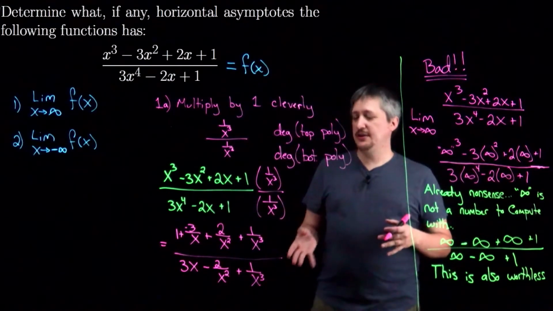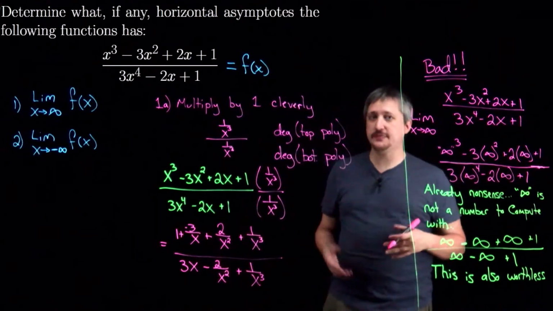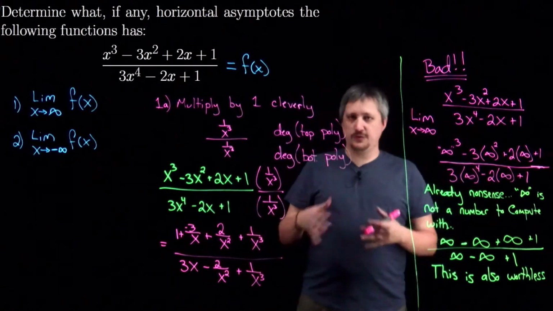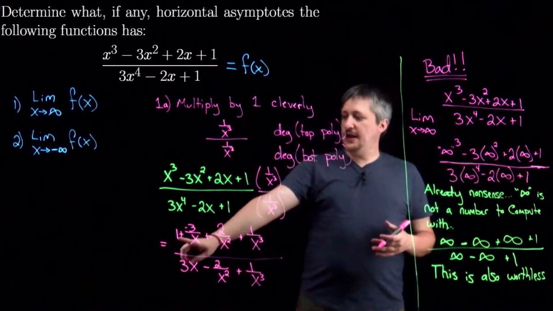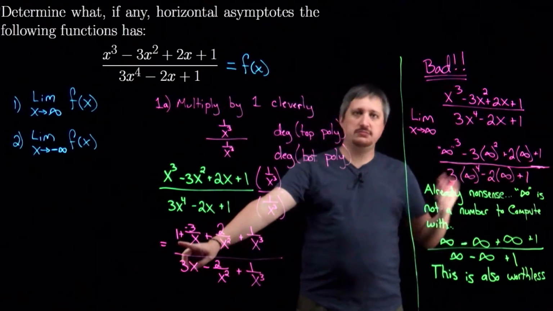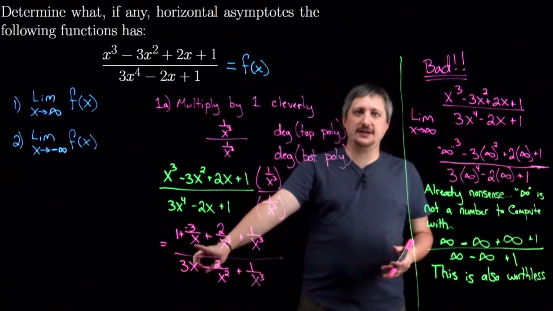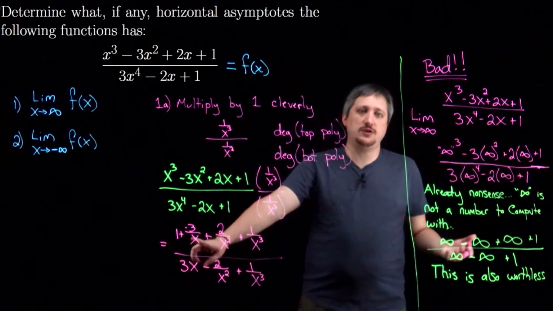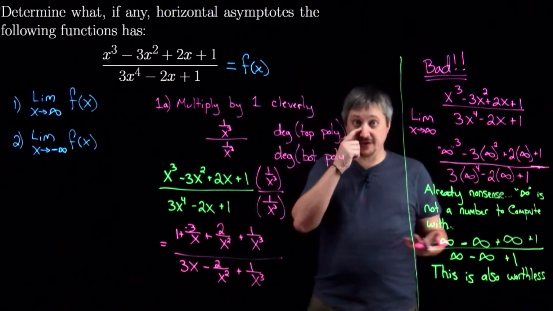going to infinity. So if I think about what happens when I take the limit as x goes to infinity here, let's think about it. I'll write it out formally in a second, but let's think it through. As I take x going to infinity, 1 stays 1. Easy enough. Negative 3 divided by something getting infinitely large. Well, if I'm dividing by something getting infinitely large and this thing is nice and finite, that's going to 0,